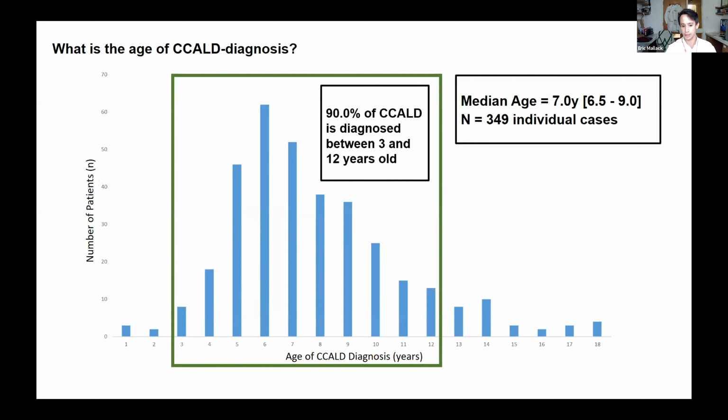I was asked to comment on environmental factors. Over the age of 13, 14, 15, 16, this sort of later onset or adolescent onset cerebral ALD, and then into adulthood, we know that the disease acts a little differently, and there's a higher saturation of self-halted cerebral ALD in that age, which is outside the bounds of this talk, but I'm happy to talk about it at a later time. So we came up with this distribution curve and said we should be screening at highest frequency between the ages of 3 and 12, get a couple of baseline scans beforehand, and then make decisions based on the clinical presentation after the age of 12.